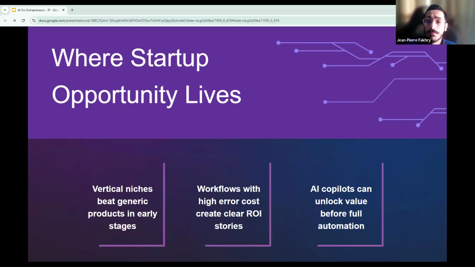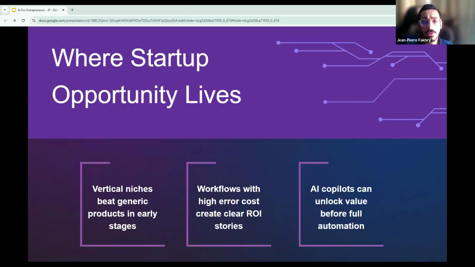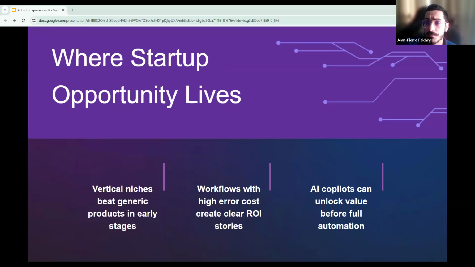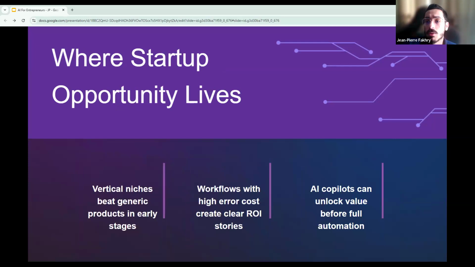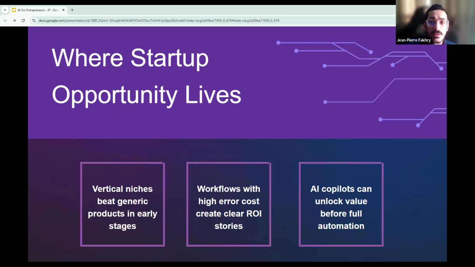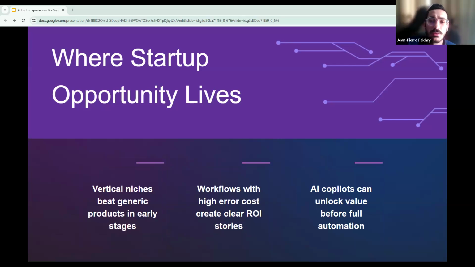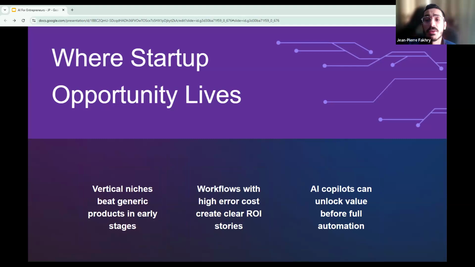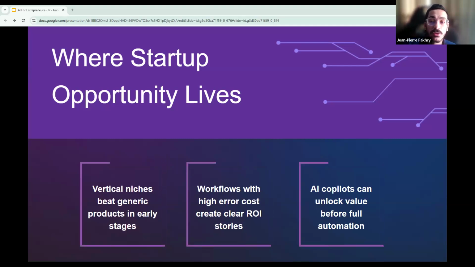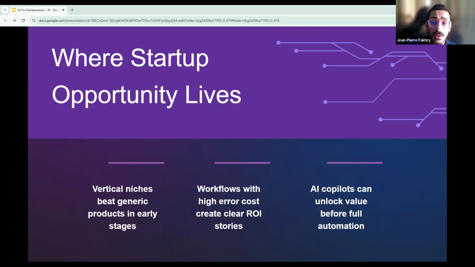Okay, so now where do startup opportunities live, basically? Now, the most dangerous mistake for a first-time founder, guys, is to go wide, or to build something for everyone in healthcare or all small businesses. Early on, depth beats breadth every time. All right, and this is something you have to keep in mind. So the startups that win their first customers do so by solving one specific, very small workflow for one specific type of user better than anyone else. It's as simple as that.